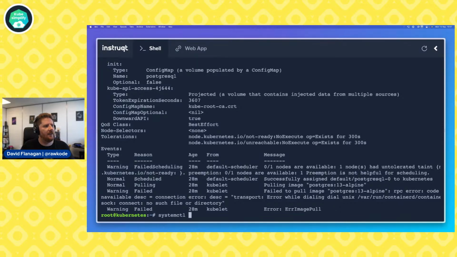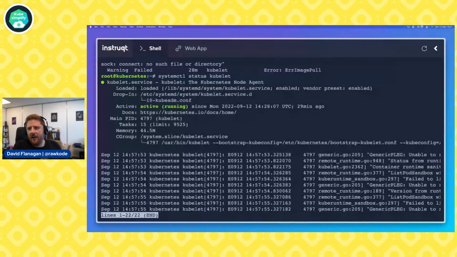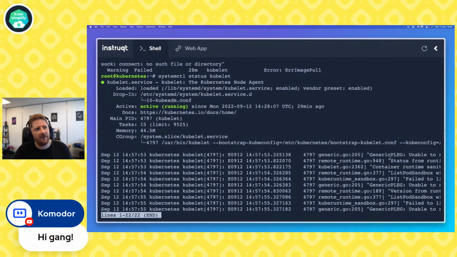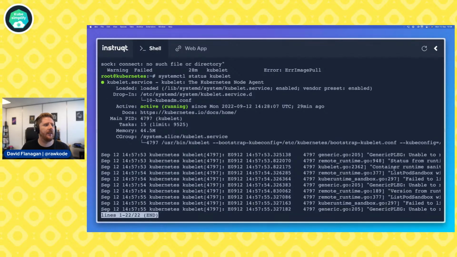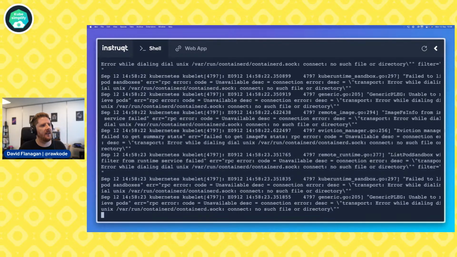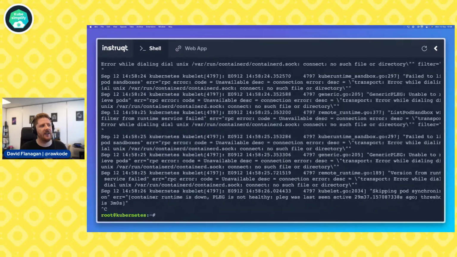So let's run systemctl status kubelet. All right, Russell, you were super close, and 9 times out of 10, I think it would be the kubelet, but unfortunately this time our kubelet is working. You can actually see here we have some error messages from our kubelet service. If you're not familiar with Linux, you can use journalctl. My favorite flags for journalctl are -f and -u, so -fu. Pass in the kubelet, and we're going to start seeing containerd, containerd, containerd.